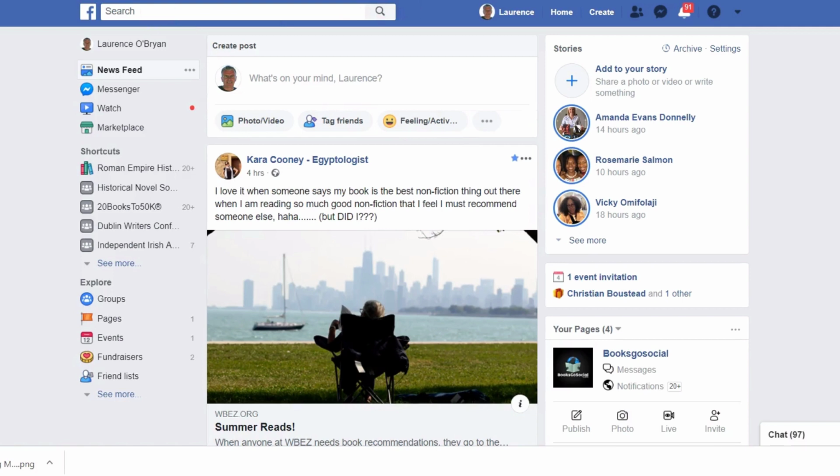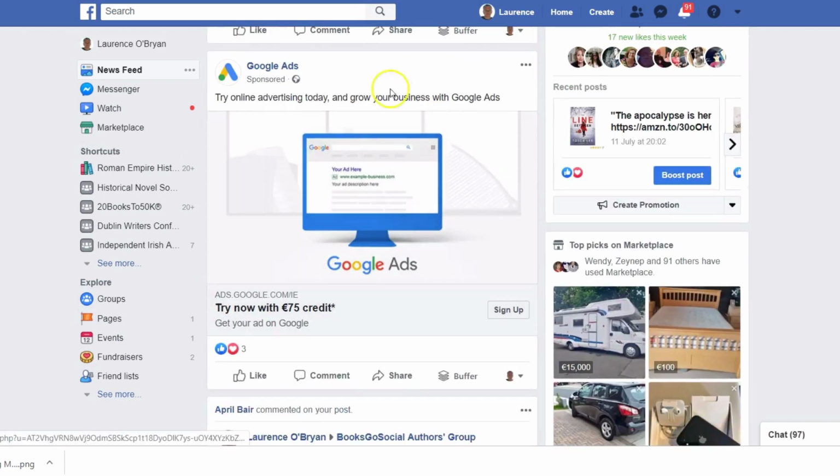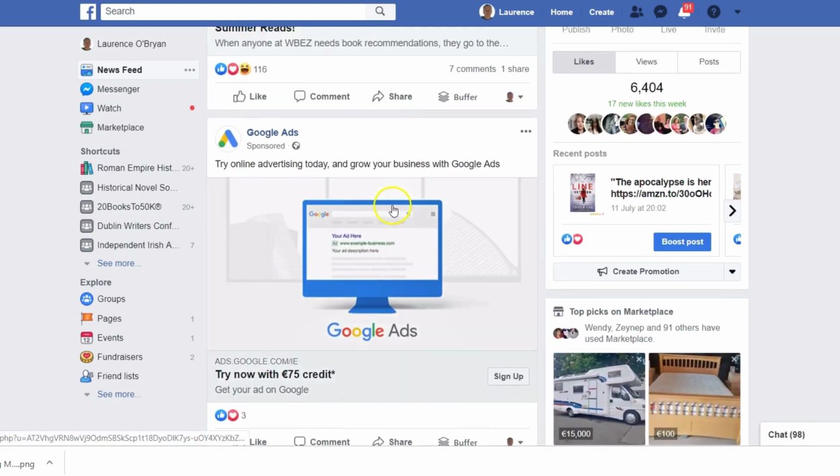The third and very exciting way to make sure that your Facebook ads are working properly is to start doing retargeting. Retargeting is the concept of showing your ad again to people who have previously clicked it. So in your Facebook newsfeed, you find various posts and then you find ads. This is an ad from Google. We're already a customer, but I previously clicked this ad, so they're showing it to me again. So that is retargeting. It's showing ads to you again.